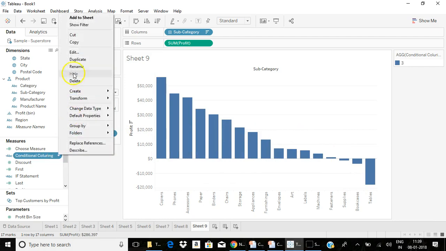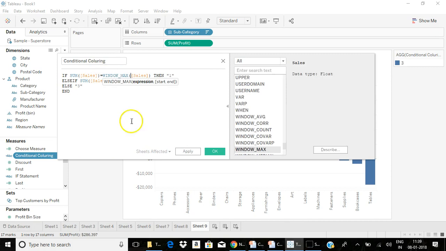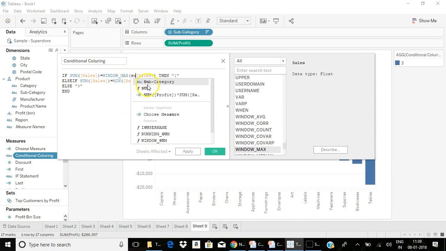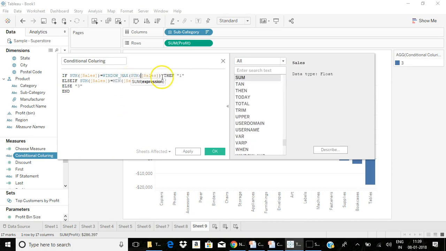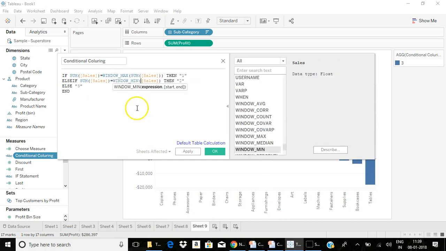To the same function, I'm going to edit it and add windows. Windows max of sum of sales. The minimum function replaced by Windows minimum.